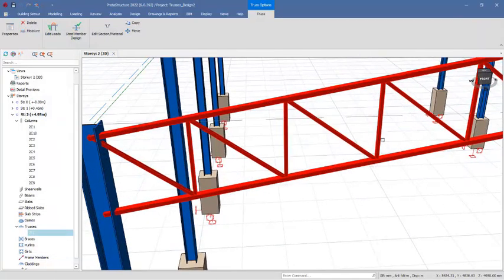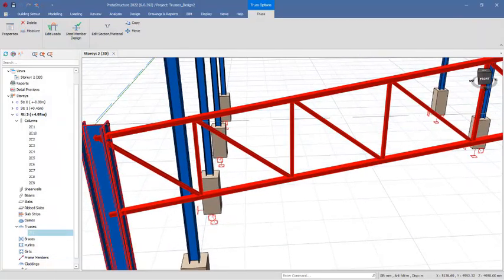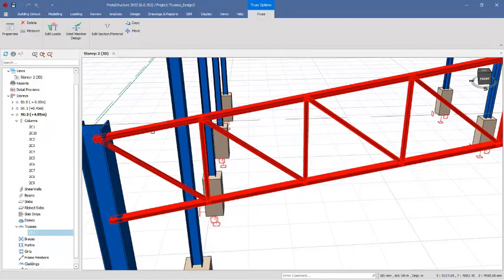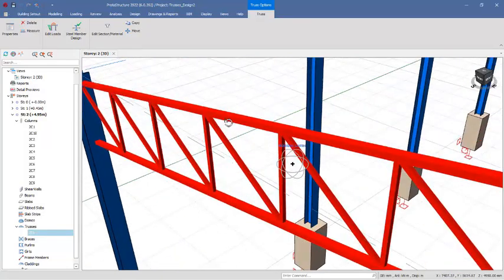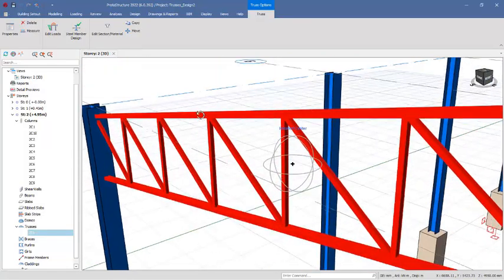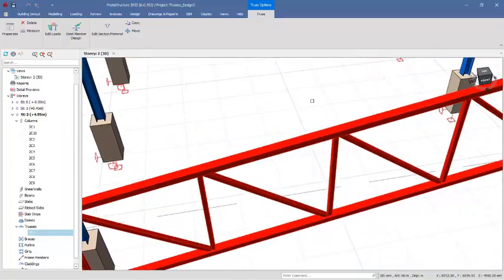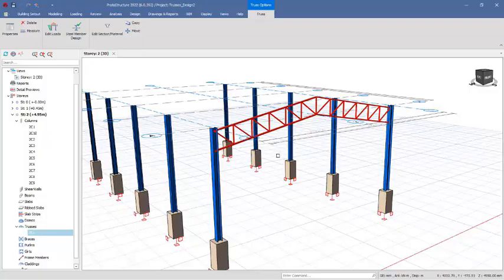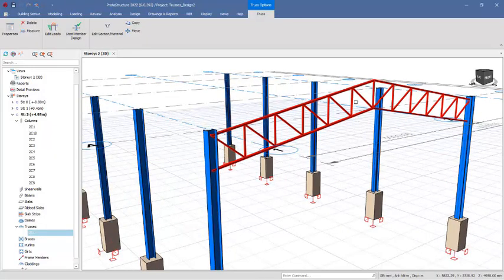So you can now see there is now a space between this and this. The space between the top of the stanchions and the top chord right there. So having done this successfully, the truss is now set for us to copy it to the next